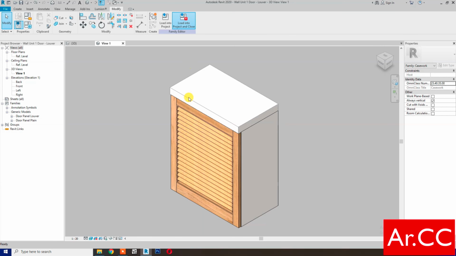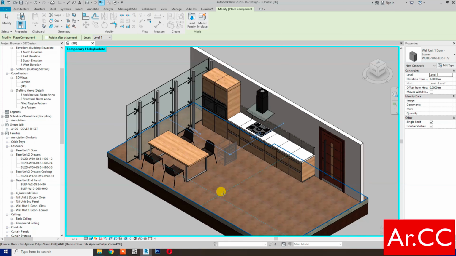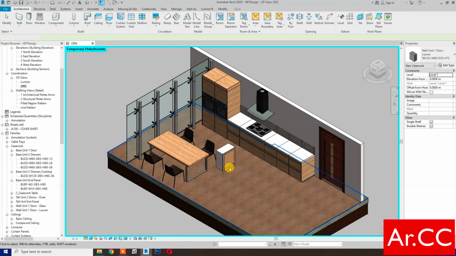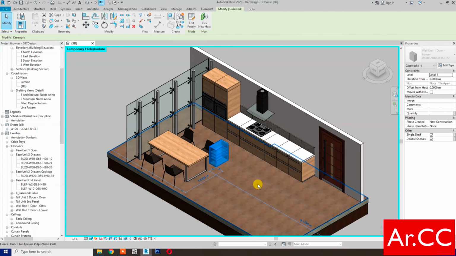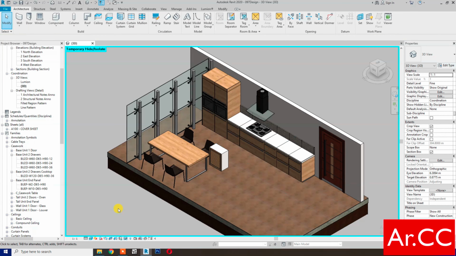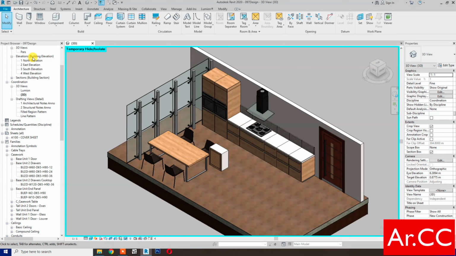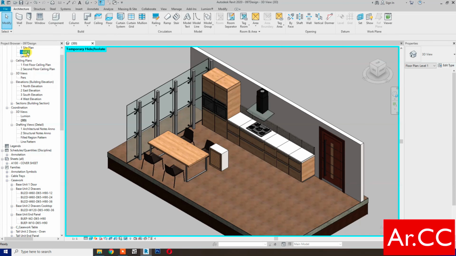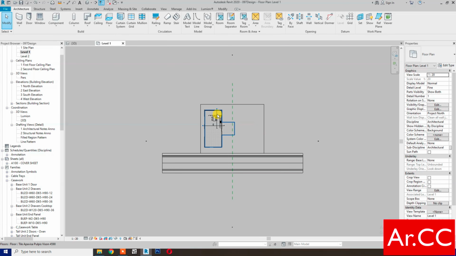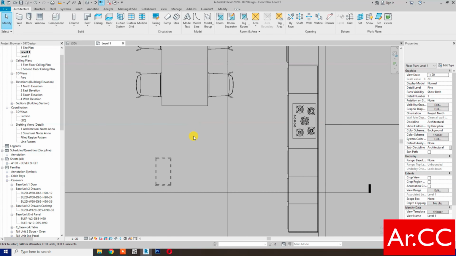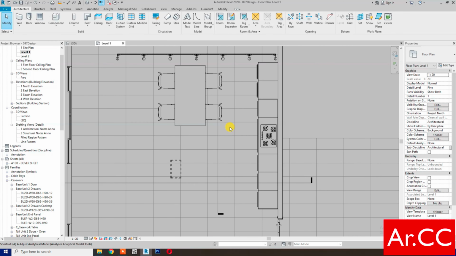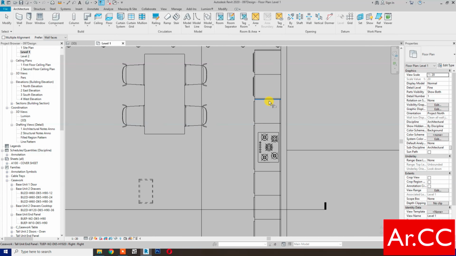Let's test the family. Load into the sample project. Click, select the wall unit, spacebar to rotate. Okay, go to level 1. Okay, align, select this edge,